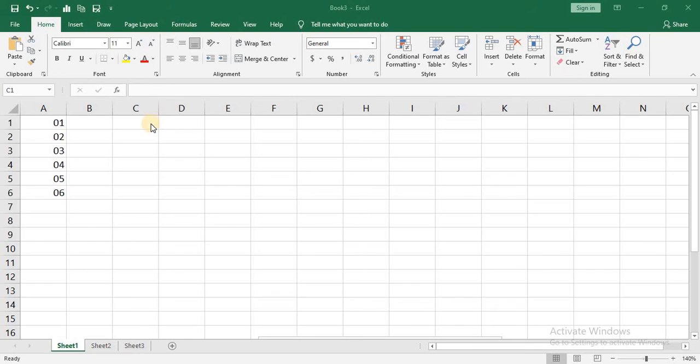Hello all, today we'll see how to add leading zeros in Excel. Now this is how I need the data to look. But in Excel, if I type 0, 1 and then press enter, you can see only 1 appears and 0 is missing. Now if in case I need 0, 1 or 0, 0, 1, we need to do a certain